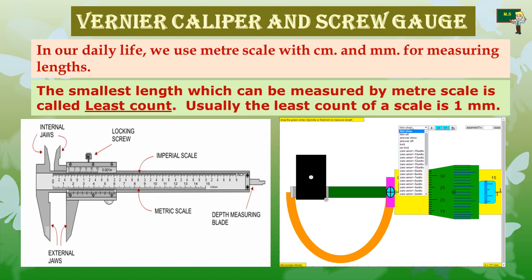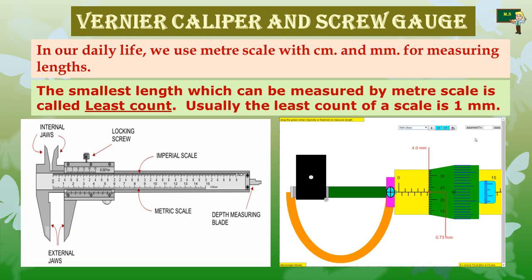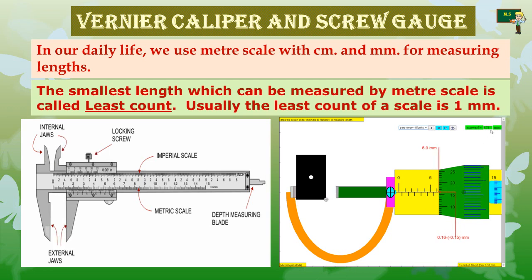Let's see what are the things that you could buy in smaller measures. You can buy a lot of thread or wire or small copper material. For all this you have to use some instruments which can be used to measure very small lengths. So the vernier caliper and the screw gauge have a wide application in these measurements.